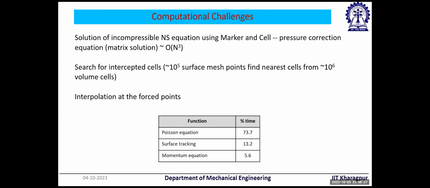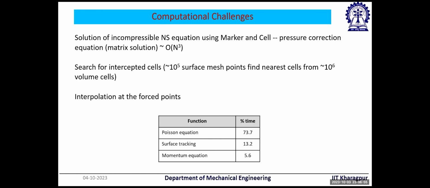If we see what are the main computational challenges in this method, there are three particular issues on which we have to focus. One is that when we are solving the incompressible Navier-Stokes equation, we solve a pressure correction equation using the Marker-and-Cell method. If there are n by n mesh points, the effort for solving this pressure correction is of the order of n cubed. So when we talk about a few millions or hundreds of millions of mesh points, the overall pressure correction is